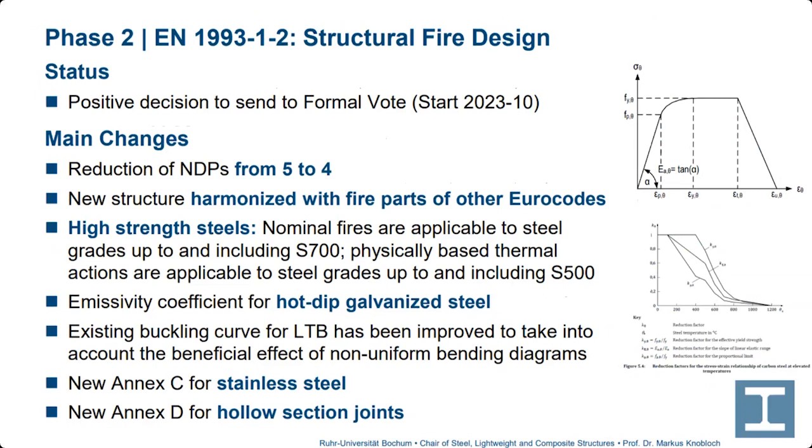So I think stainless steel is a good example, actually, of where I think change was needed. One of my colleagues, Nancy Baddoo, who many of you will know, was very heavily involved in the development of the 2nd generation Eurocode 3 Part 1.4 for stainless steel. And there, yeah, I can really see because of the relative immaturity of stainless steel design rules, a lot of progress has been made in the last 15, 20 years. For hot rolled steel, carbon steel, that's not so much the case. So I think the need was less to improve the other parts of Eurocode 3 than it was to improve the Eurocode parts on stainless steel.